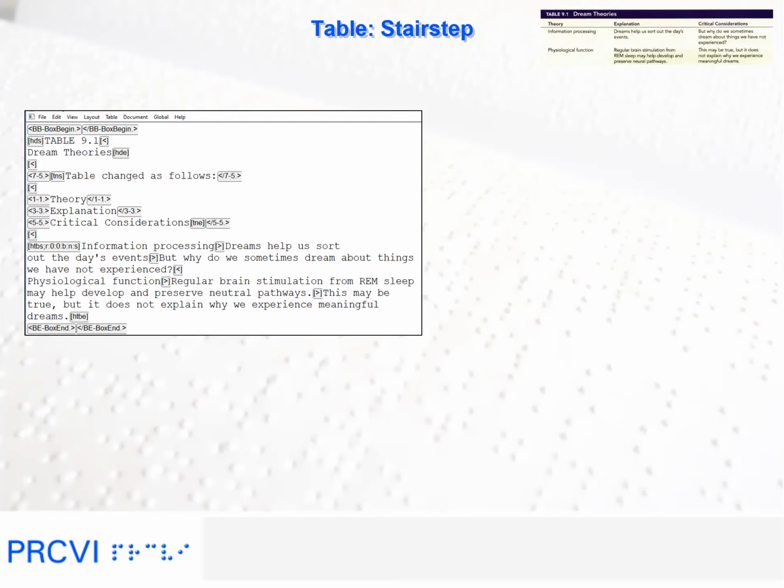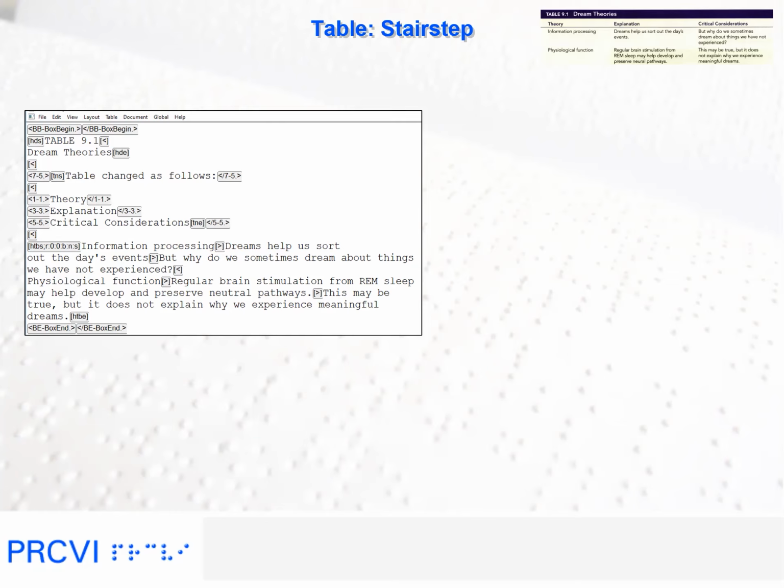First column heading, Theory, in cell 1. Second column heading, Explanation, in cell 3. And third column heading, Critical Consideration, in cell 5, followed by the ending transcriber's note symbol. All these styles are selected from the options when we use the F8 key.